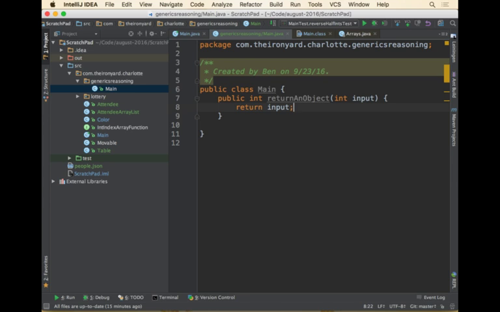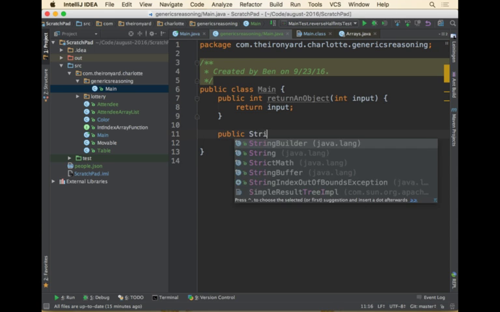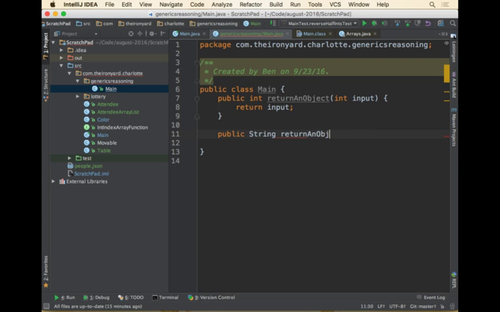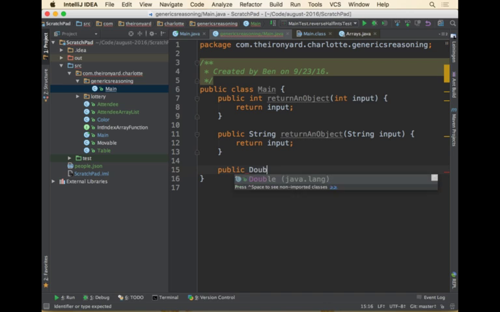So this seems like a dumb thing to do, and it is, right? You just return the same thing you passed in, right? So if you wanted to be able to do this dumb thing for ints and for strings, you have a different method. For double, for instance,